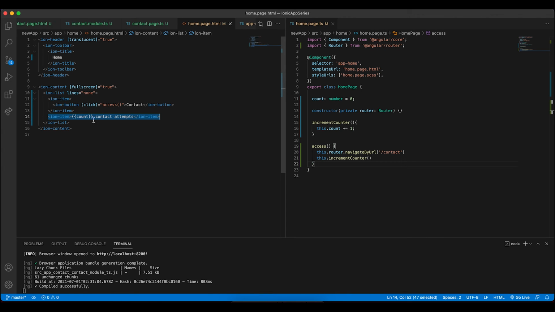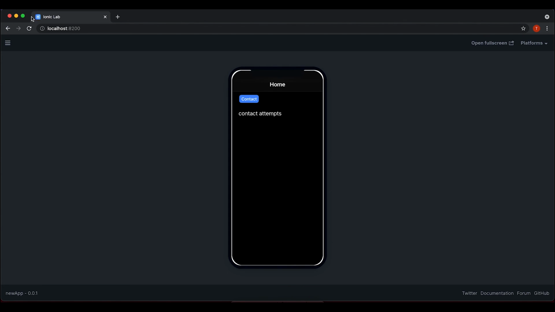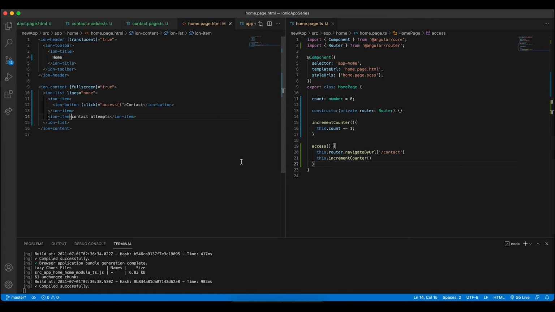It's on line 14. This is called an interpolation. What an interpolation does is that if you don't have this interpolation here, then whenever, let me just remove this for now and just have an Ion item that says contact attempts. Okay, so if you didn't have an interpolation there, it doesn't get to be incremented. Let me explain why. If you go to home.page.ts,